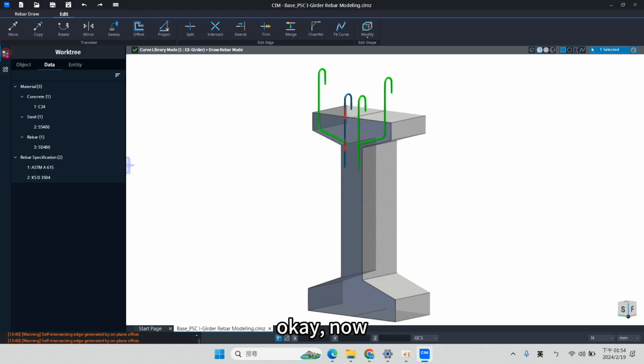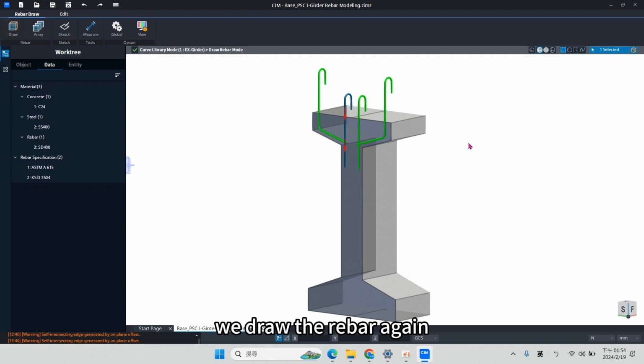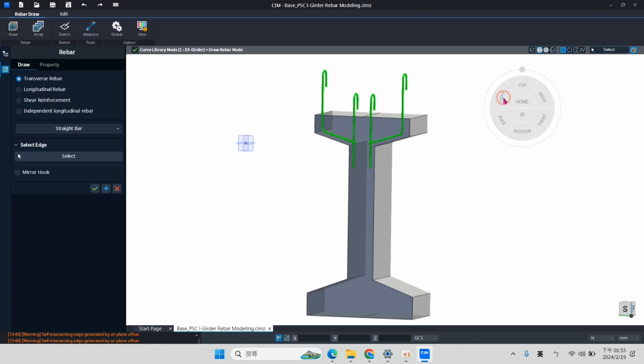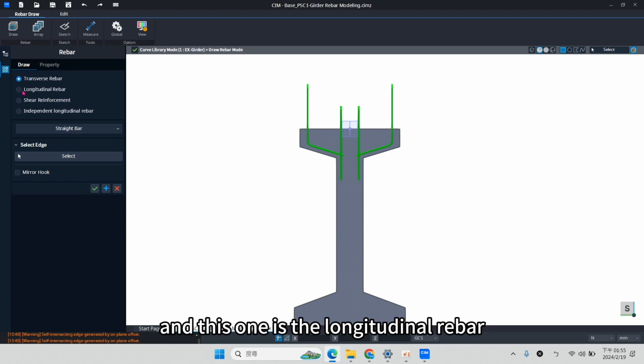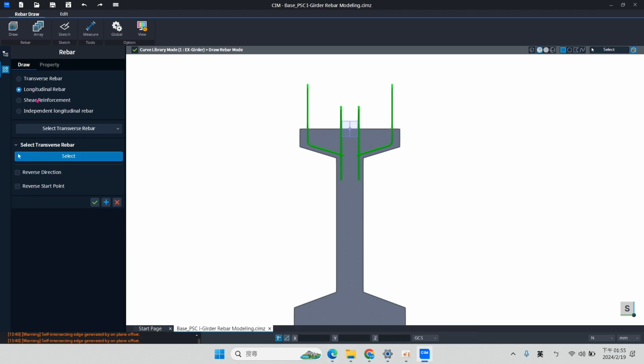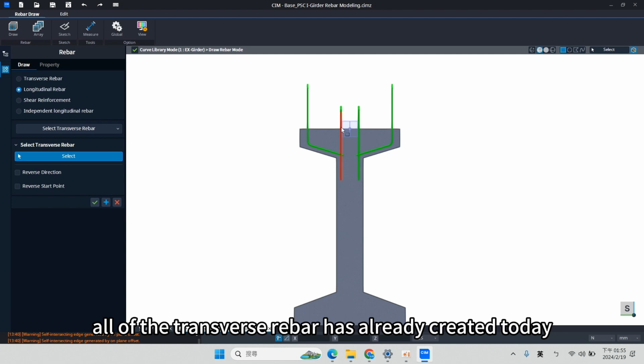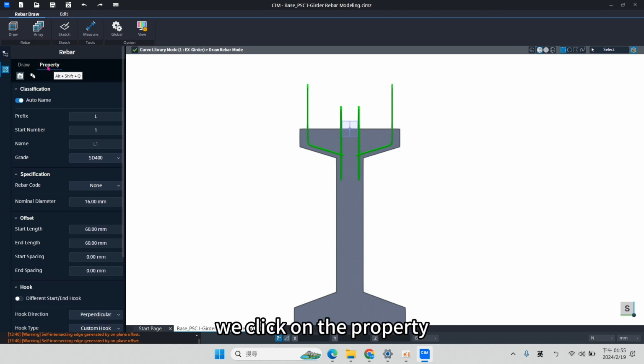Now we draw the rebar again. We draw the rebar at the bottom of the lower flange. This one is the longitudinal rebar. All of the transverse rebars are already created. We click on the property, then we unclick the auto name.